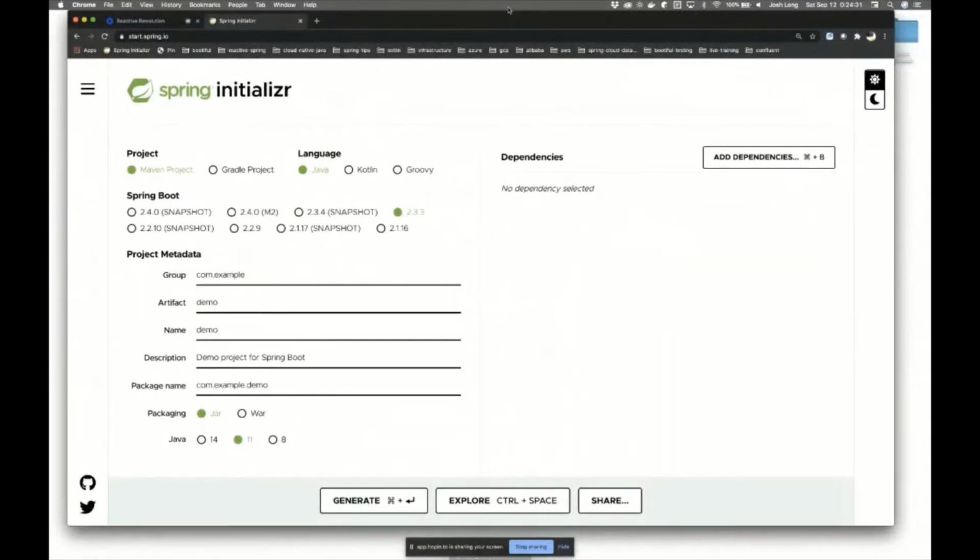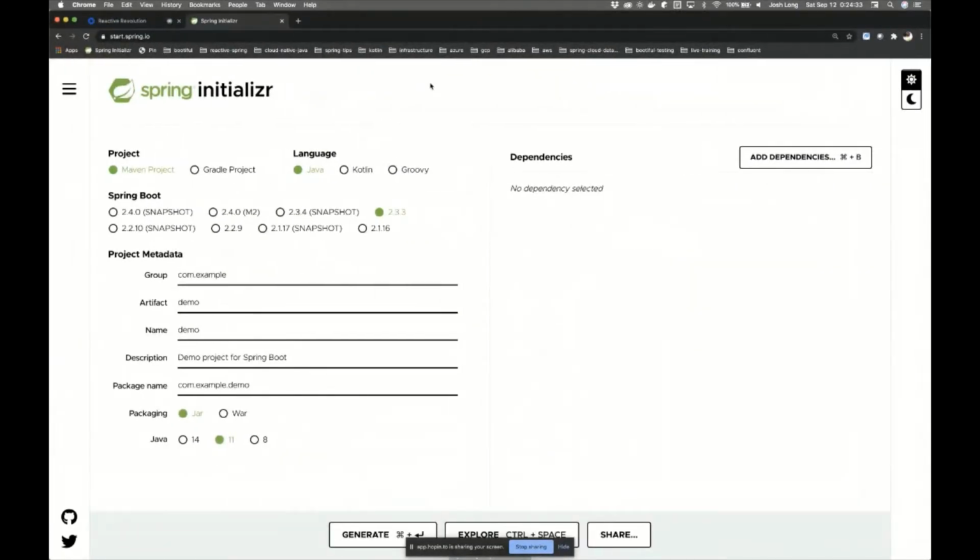Now, what we're going to do is take advantage of the support in Spring to address both of these concerns. And we're going to go pretty quickly here. So let's just get started. We're going to go to my second favorite place on the internet. Obviously, my first favorite place on the internet is production, but my second favorite place is start.spring.io. And we're going to build a brand new application here using just the default settings.